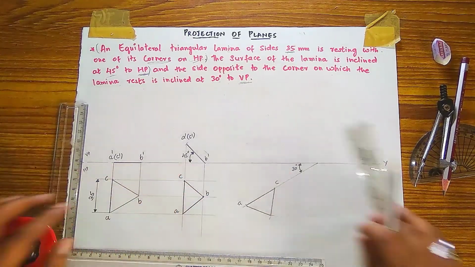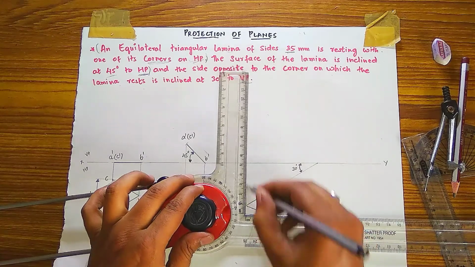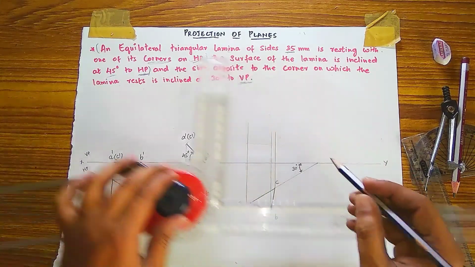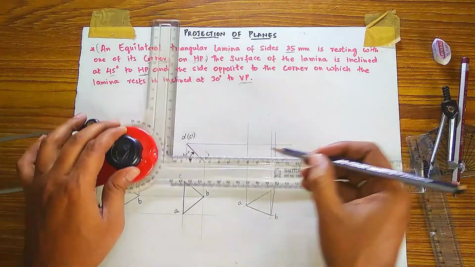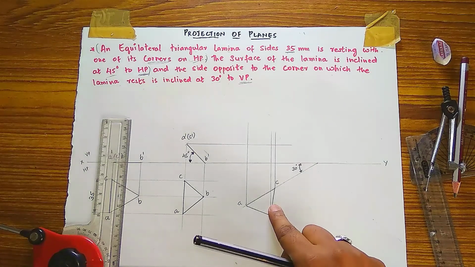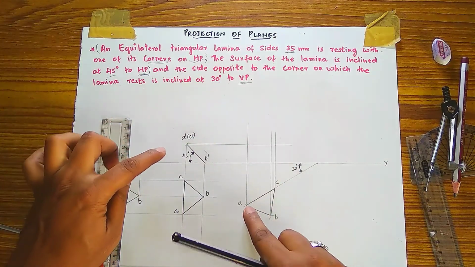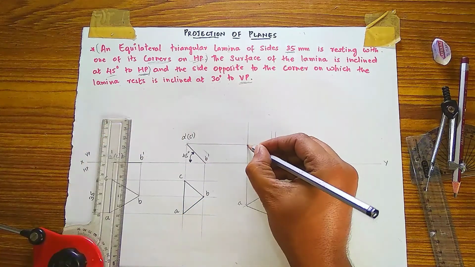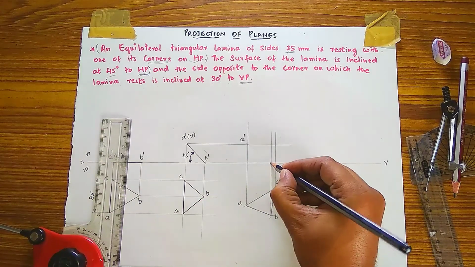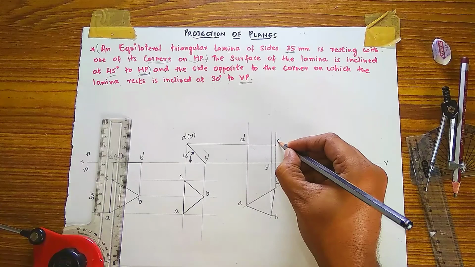Now you have to take the projection lines. This point is B, from each point, from A, B and C, and from here also, from this plane, A dash, C dash, B dash. Okay, now with these points and these points, where it is meeting, you have to put a point and label it. Where it is meeting here, this is A dash. Where it is meeting, this is B dash. Where it is meeting here, C dash.